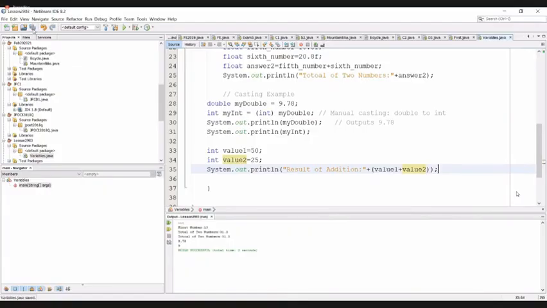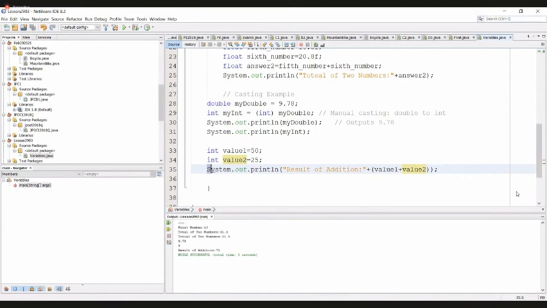Then save the program and run it. You can see the result of addition as 75.